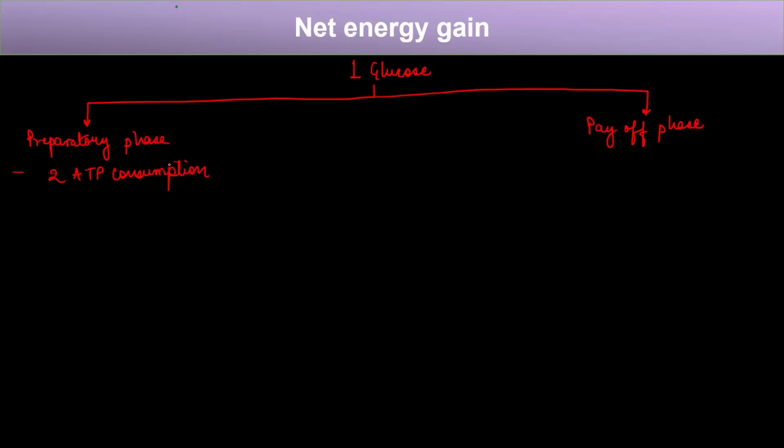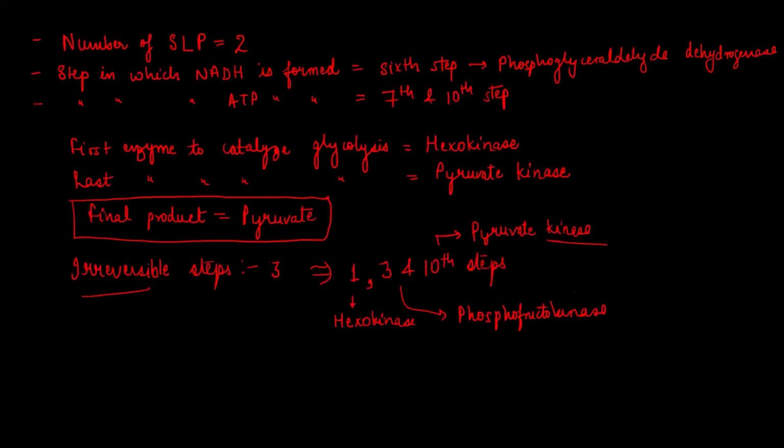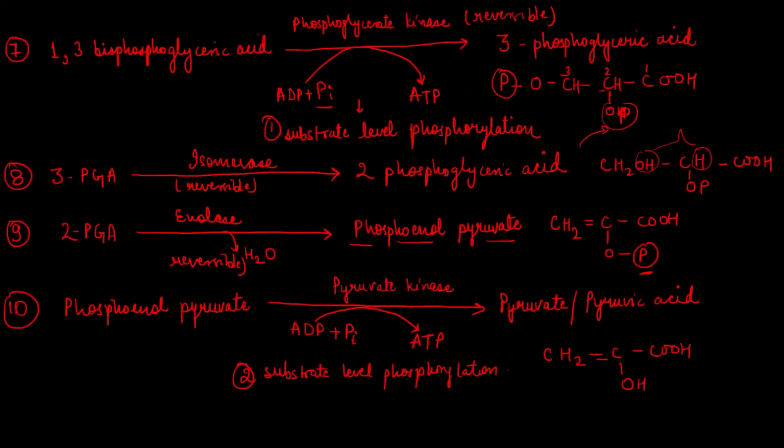Okay. Now, in the payoff phase, what can we see? We can see here that at two positions ATP is formed, right? At the 7th position and another at the 10th position. But from one glucose molecule, if we ask how many ATPs are formed, the reaction that we are seeing is that from 1,3-bisphosphoglyceric acid, one molecule of 1,3-bisphosphoglyceric acid, we have 1 ATP production